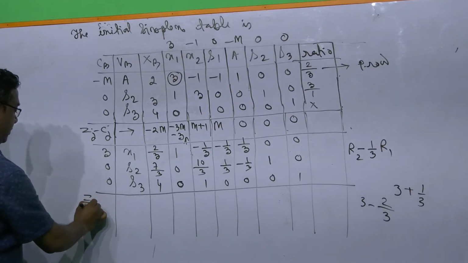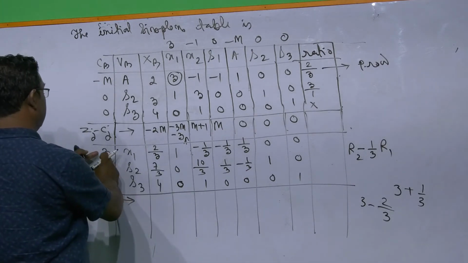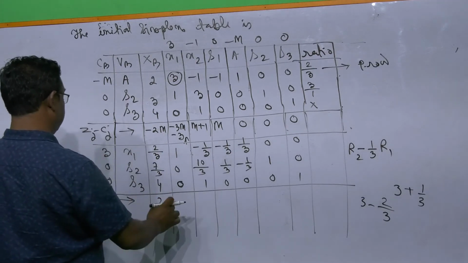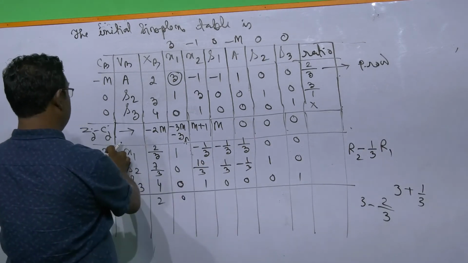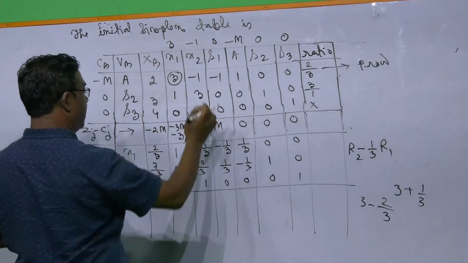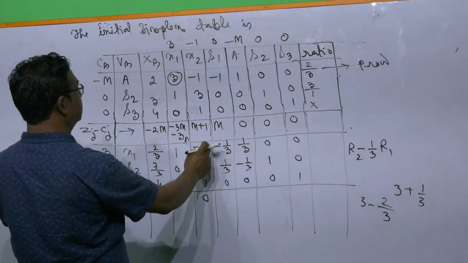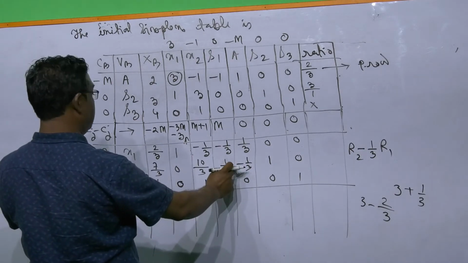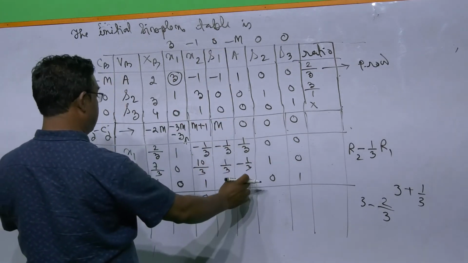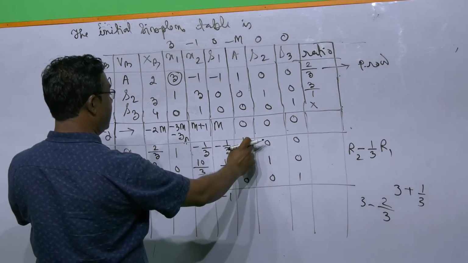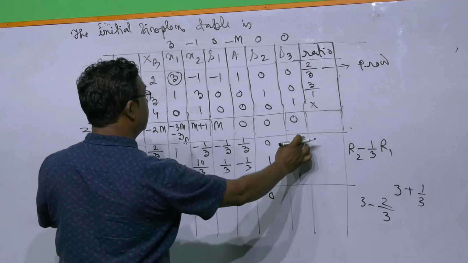Next you find out zj minus cj. You calculate, so this is 0, 0, here it becomes 2, then 0, 0, 3, 3 minus 3, 0, this is 0, this is 0, this is 3, minus 1, minus 1, minus 1, it becomes 0, minus 1, minus 1, okay, this is 0, this is 0, then here minus 1, minus 1, 0 means minus 1, then this is 0, this is 0, this is 1, 1 plus m, then this is 0, 0, 0, okay, this is all 0.